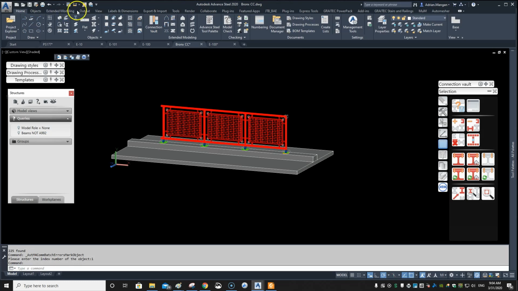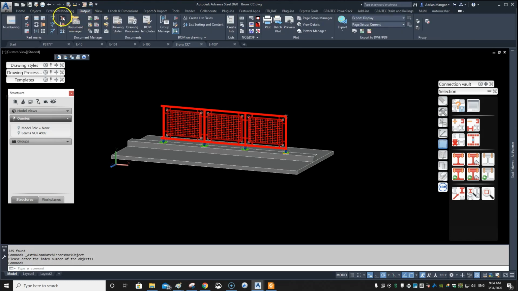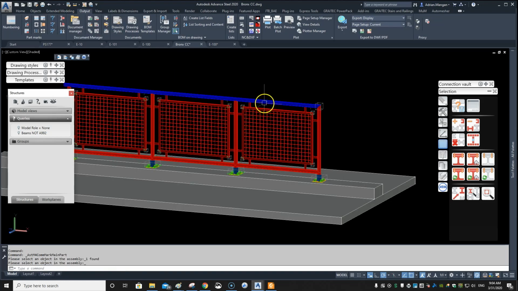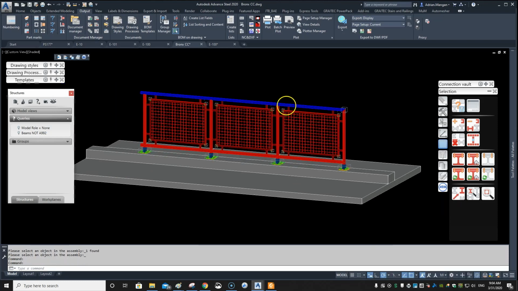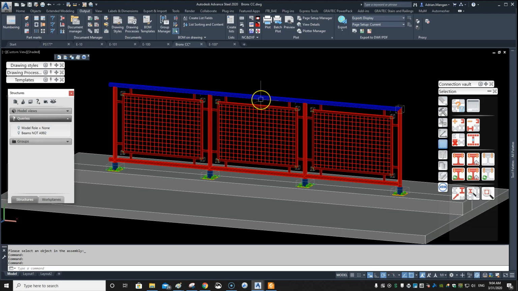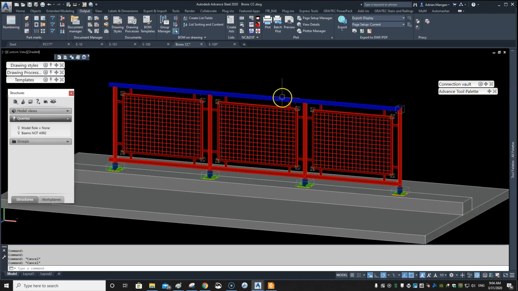Now, if we want to check the main part of that, we go to Objects and click on this button here, mark main part of assembly, and we can see that that top part is the main part of the assembly. So whatever's happening is this is numbering these as beams, because I have my beams set up to be B's. So we need to set up